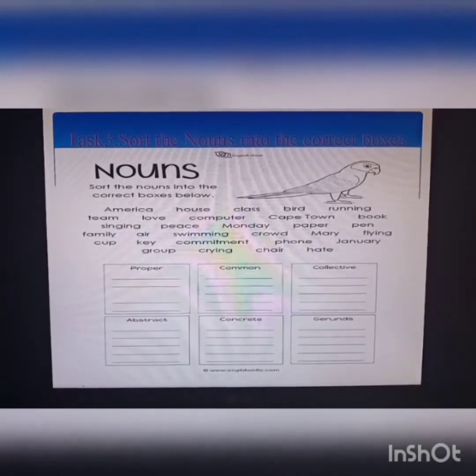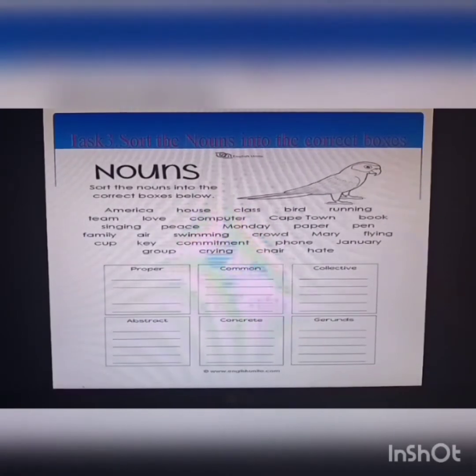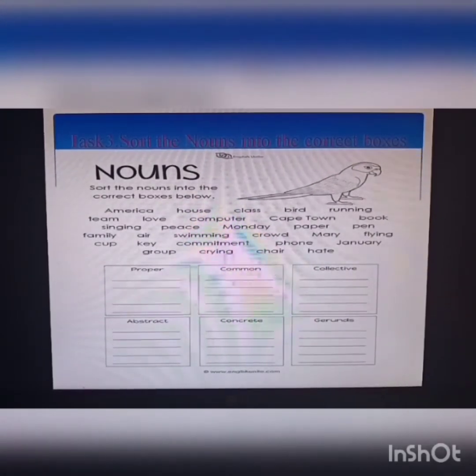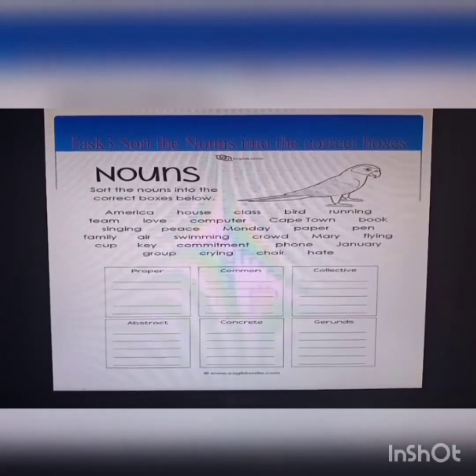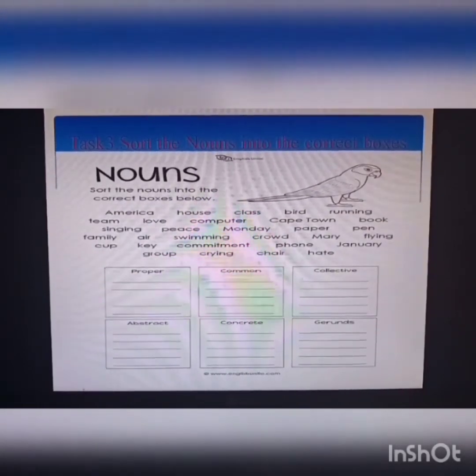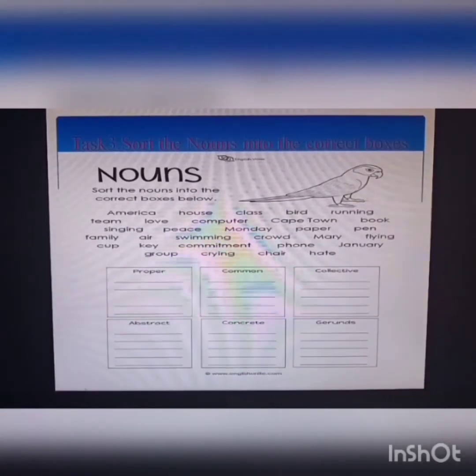Task 3. Sort the nouns into the correct boxes. For example, proper nouns: America; common nouns: house; collective nouns: class; abstract nouns: peace; concrete nouns.